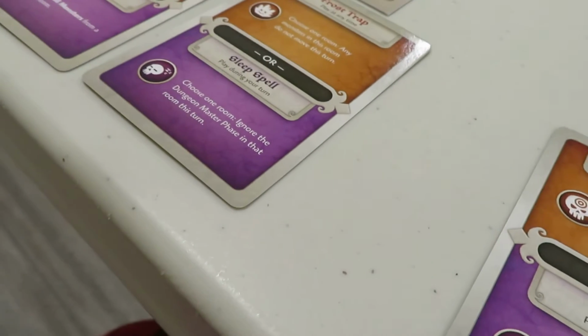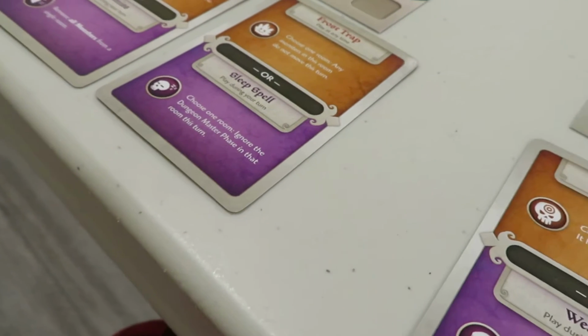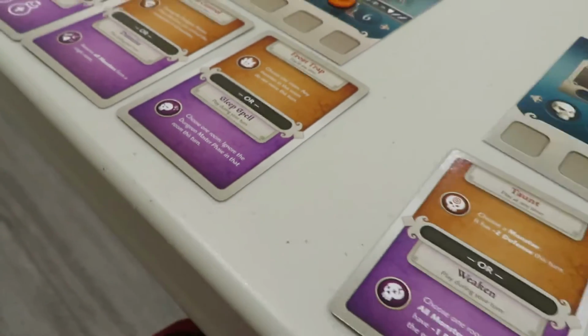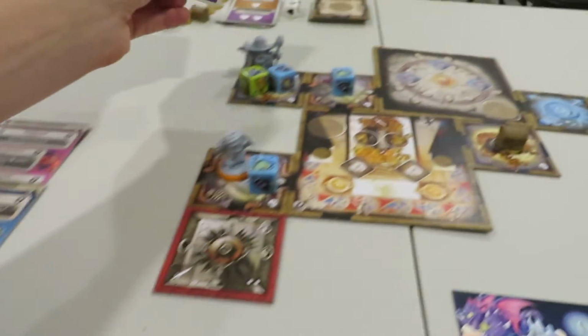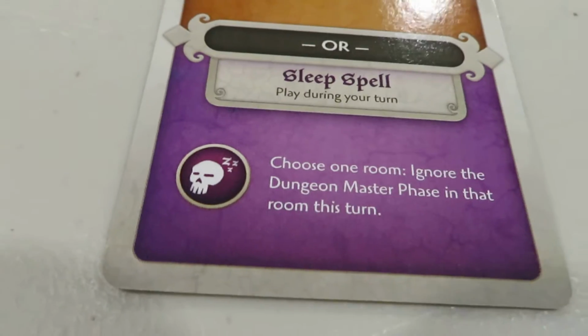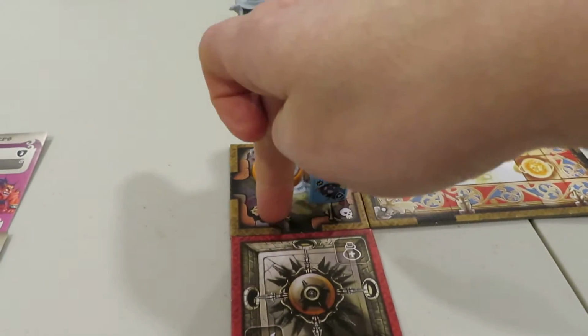Yeah. I could use sleep spell. So I'm going to go ahead and use sleep spell, and I'm going to cash that in. Just so you guys can see it, it essentially says choose one room, ignore the dungeon master phase in that room this turn. So in other words, that's not going to occur and there won't be any major monster showing up in this